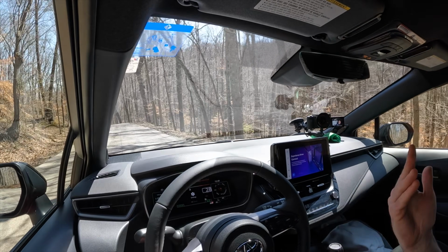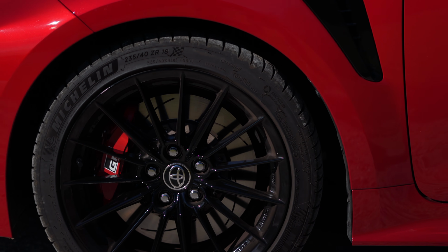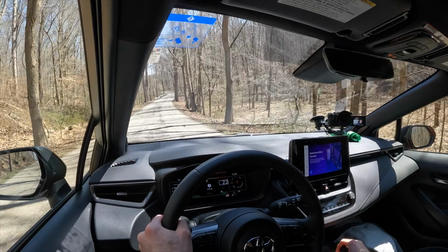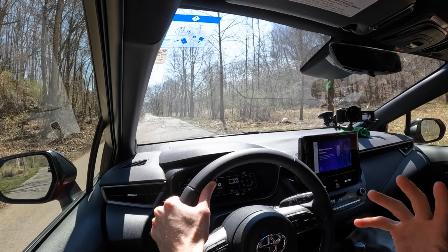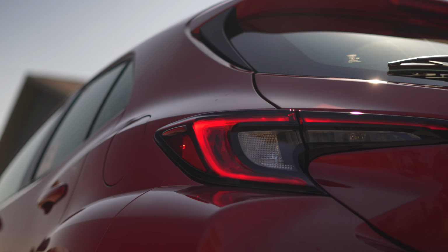And just like last year, driving a GR Corolla on a torn up back road is going to have a lasting effect on your mental health. While it's nice that there is a little more sidewall here than in most of its foes, and the car always feels poised, most pavement details are translated directly to your body, whether the imperfections are small or large. And it does not come with any sort of adaptive dampening to soften things up when you don't want it to be as hard. The GR Corolla at its core has a very basic principle, and forgiveness just isn't part